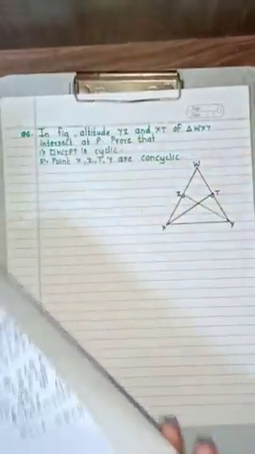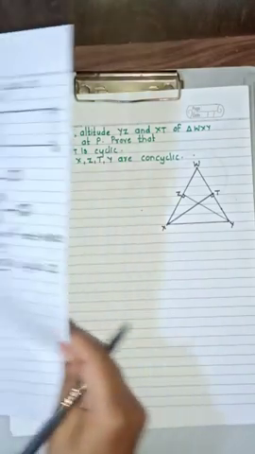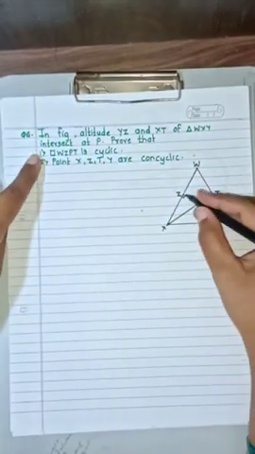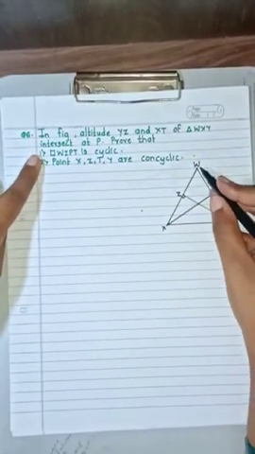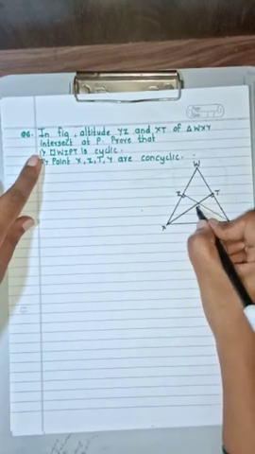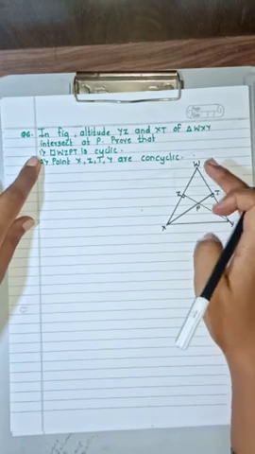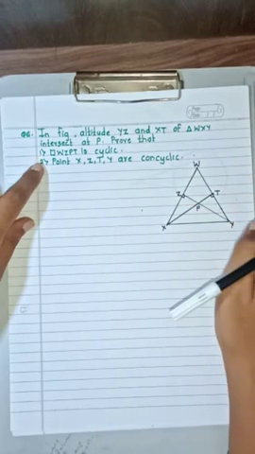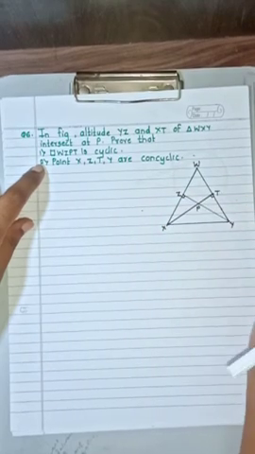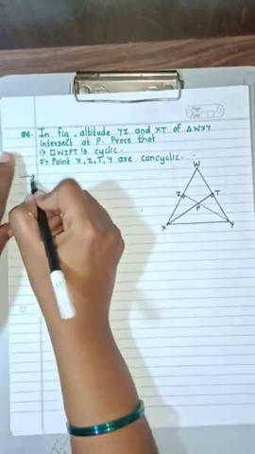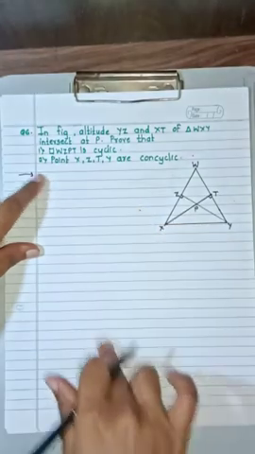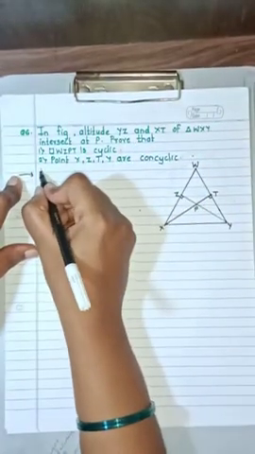Now this question number 6 is a little bit lengthy, but you can see that it is also very easy. Okay. Now in the figure, altitudes YZ and XT of triangle WXY are given and they intersect at point P. You have to prove that quadrilateral WZPT is cyclic and points X, Z, T and Y are concyclic. Okay, so whatever is given, children, you may write down. Whatever is to be proved, that also you write down. As place will not be sufficient for me, I am directly moving on towards the proof. So let us see the first one.